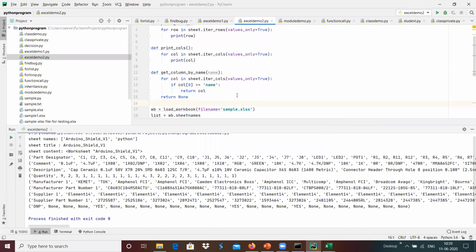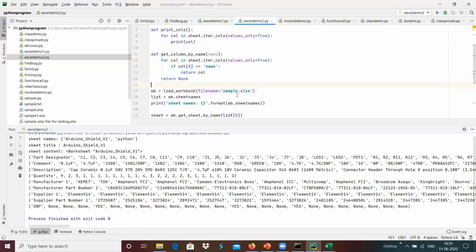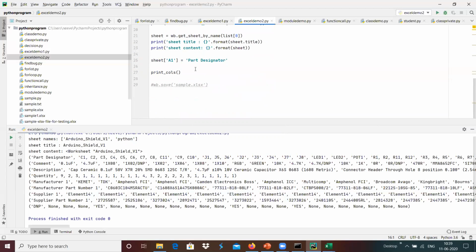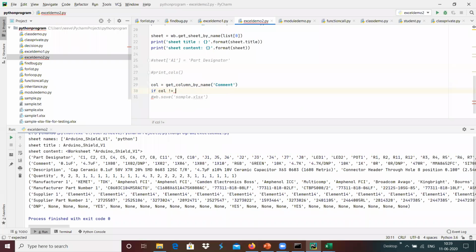And I'm going to give the function, for example, here I have the file. I'm going to use column equals get column by name. I have the column name is comment over here, and which I should get if column not equals none.